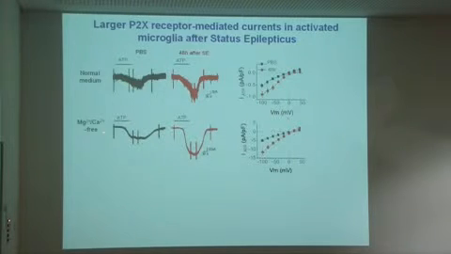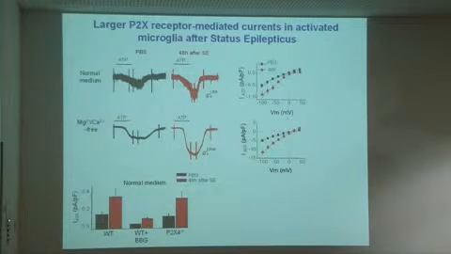But still, we keep the difference between the control and the epileptic animals, mainly that in the epileptic animals, we also have a potentiation of the response when we remove calcium and magnesium, but the response is still bigger than here. So basically what we have here is a response which is mostly mediated by P2X7 receptors and which is potentiated in the epileptic hippocampus. So this is the same data as here, plotted in another way. So this is the average current that we can have in control animals, with a doubling of the response in the